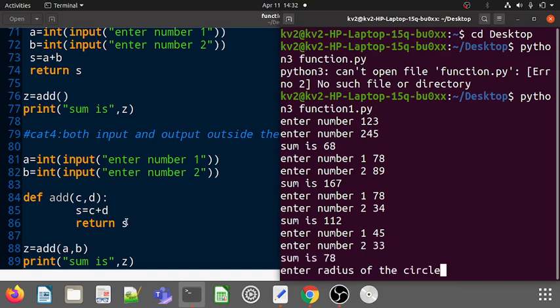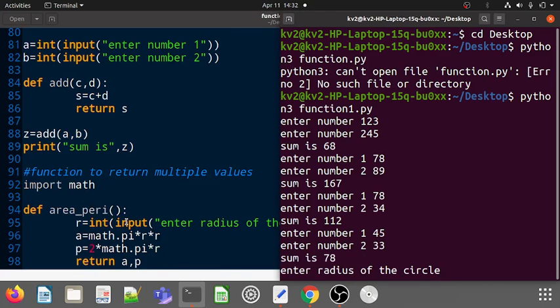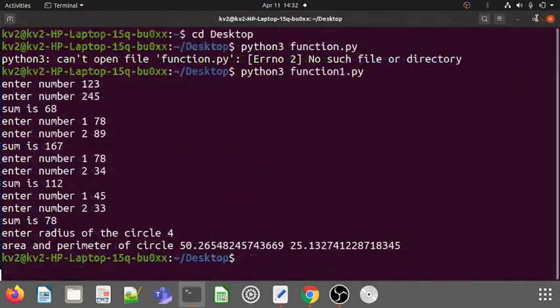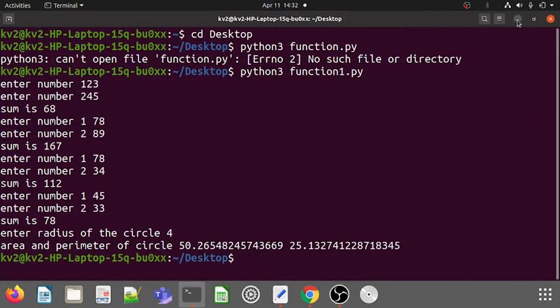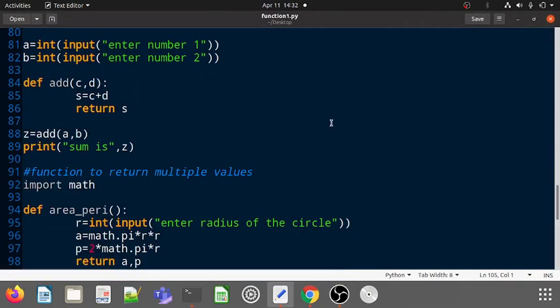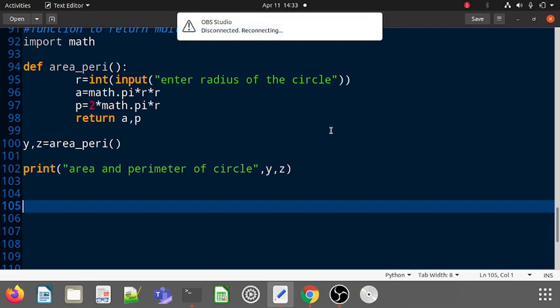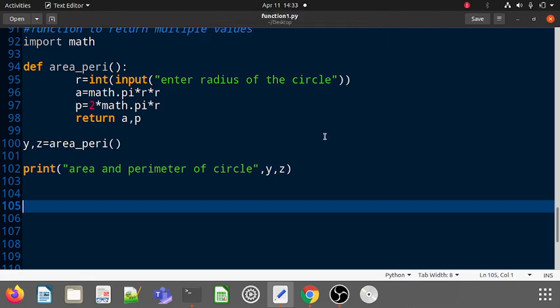Now it is coming to our last function, that is the function to return multiple values. 4 I have given. So see, area and perimeter of a circle is calculated and it is printed also. Right, so like that we have covered our 4 categories and we have seen how our function can return multiple values. Thank you.